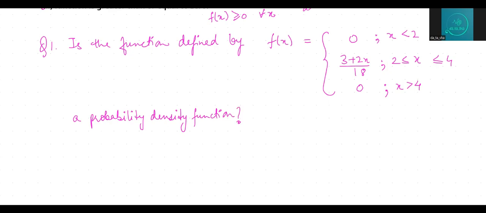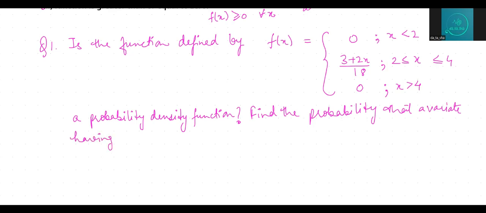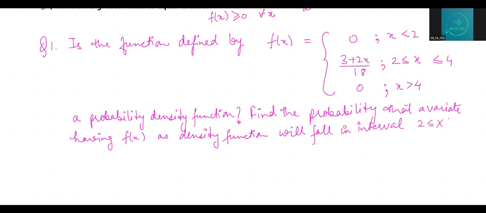The second part states, find the probability that a variate having f(x) as the density function will fall in the given interval. Now, one thing we need to remember, whenever such a question is given,